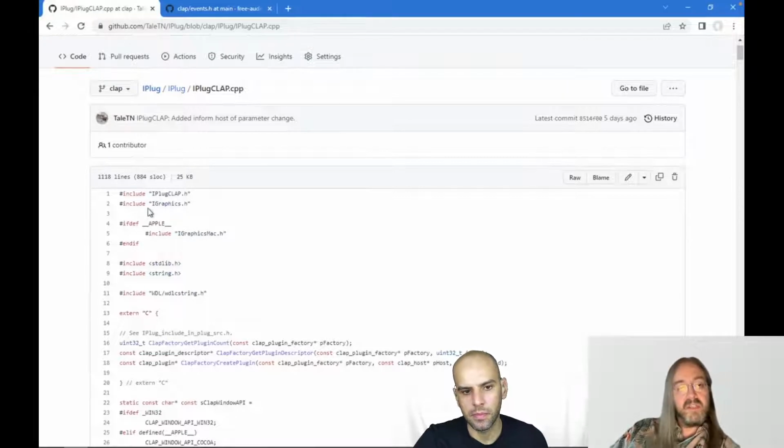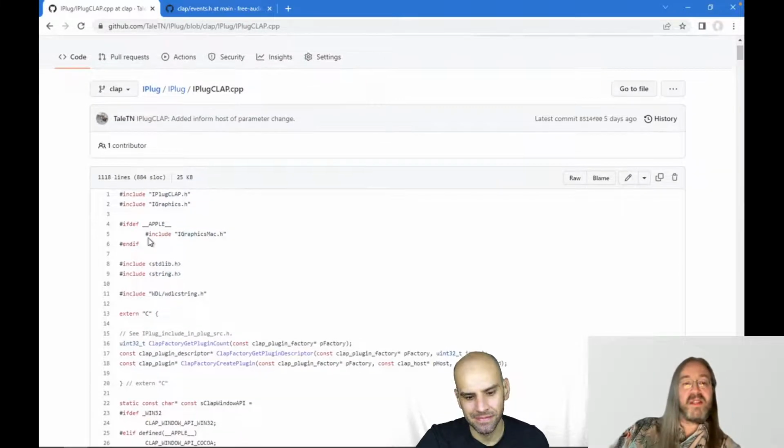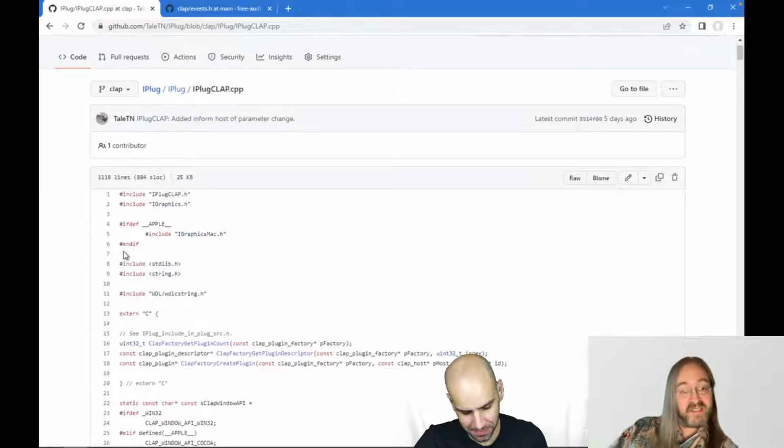It's just that we need iGraphics here. There's generic iGraphics for all platforms, but there's some special code below for Mac, and that's why I also need a specific Mac header here. That's a solution I came up with, so it's probably not the cleanest, but it works.